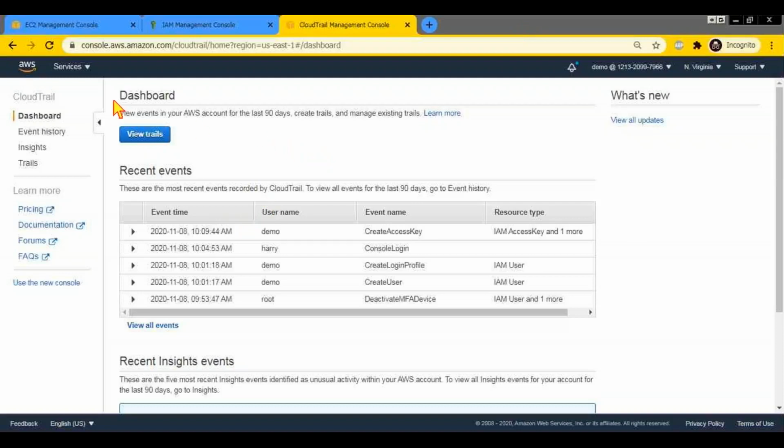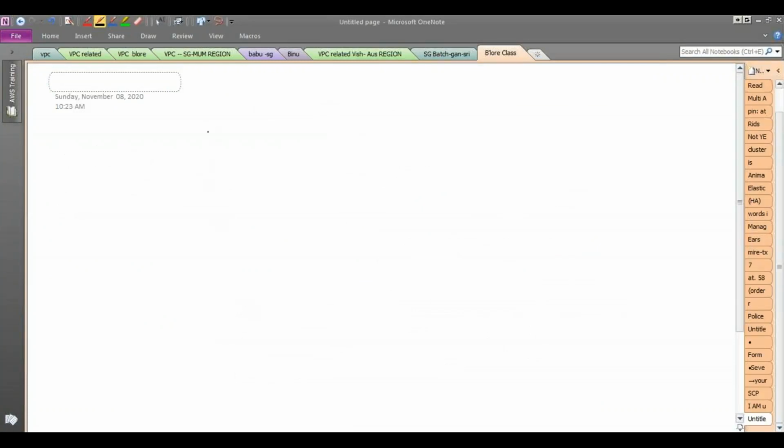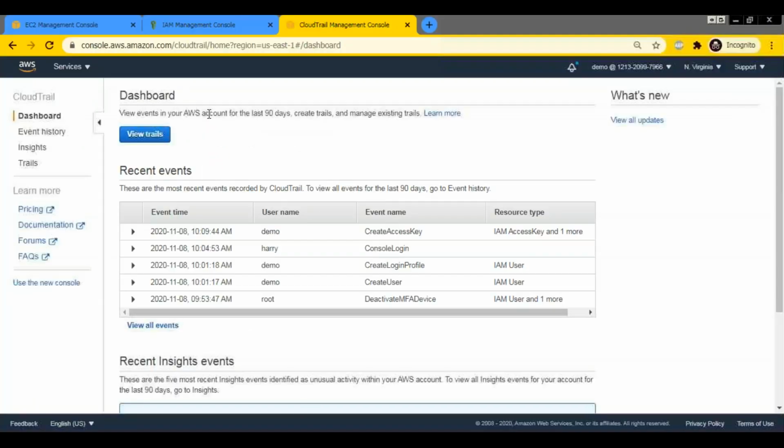Okay, so now coming back to CloudTrail, it also comes under security. So we'll talk about CloudTrail now itself. Why a separate class? Because anyway we are talking about security. So what is CloudTrail? CloudTrail is basically a service in AWS which tracks all the events in your AWS account. Just at a high level you need to know this. It is enabled by default in your account. Earlier you had to enable it manually.